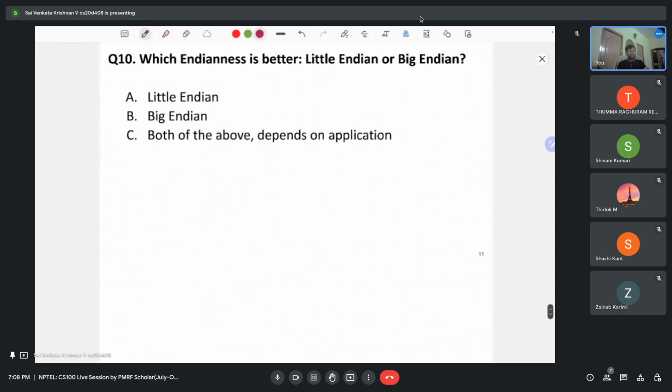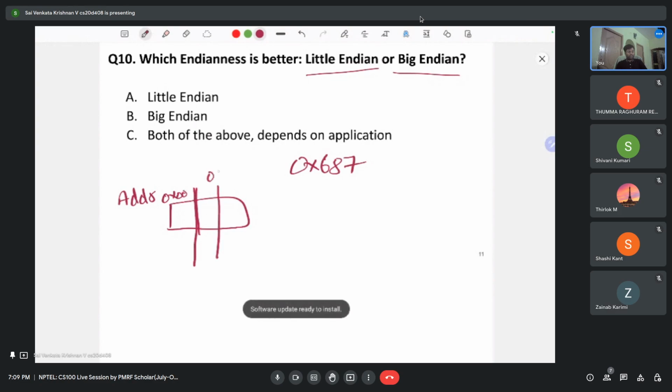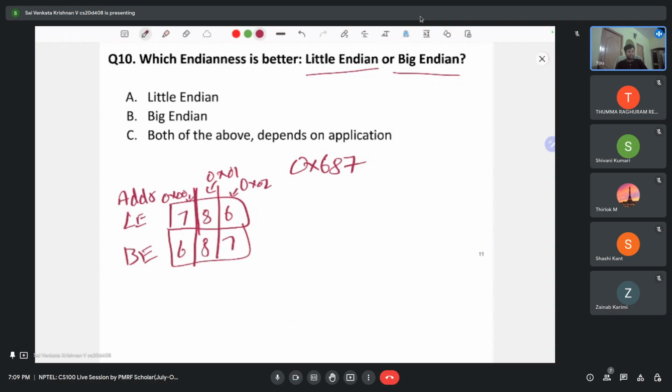Which endianness is better, Little Endian or Big Endian? So if you say this number 0687, and these are the addresses 0x00, 0x01 and 0x02. In Little Endian, how will it be stored? Here there will be 7, 8 and 6, and in Big Endian it will be 6, 8, 7. So this is how it will be stored, and the address is from